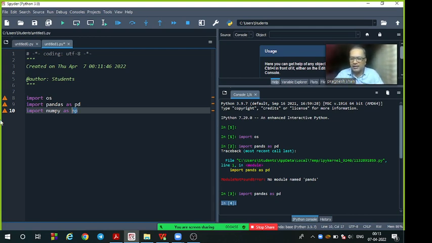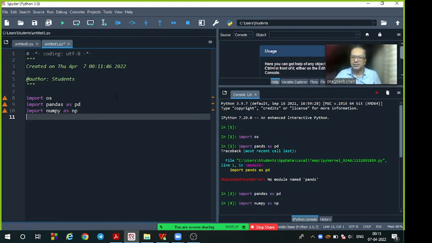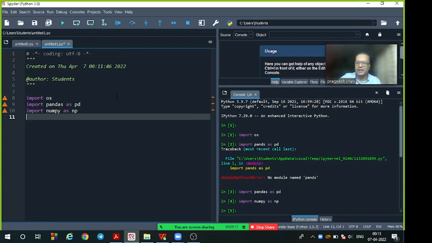You can say it's an object, or you can say it's an alias name, and I am using my keyword called as. So import numpy as np. And as NumPy is also giving me a correct result,